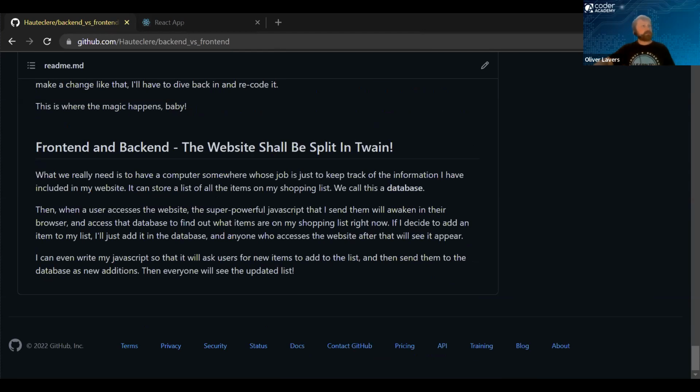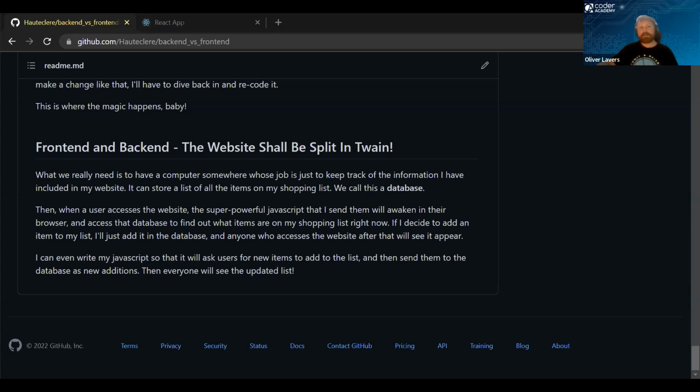It's not going to have this JavaScript or this HTML on it, but what it's going to have is a list of all the dot points that I want to have, a list of all the items that I want to have in my cart. And if I have a more complex website, like a Facebook or an Instagram or something like that, this computer can also keep track of the different people who are allowed to access my website, the users, and the different images that they upload to the website. We call this a database.